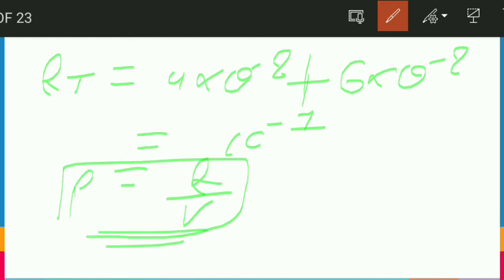So I hope from this question I want to make you aware that whenever charge is given to a system of different shells and spheres, the process of induction and charge conservation works. Through induction, the inner surface of the shell gets equal and opposite charge to what the inner sphere or shell has, and by charge conservation, the outer surface of that shell gets an equal charge to what the inner thing has. So friends, I hope this question is clear so that we can move to the next question.